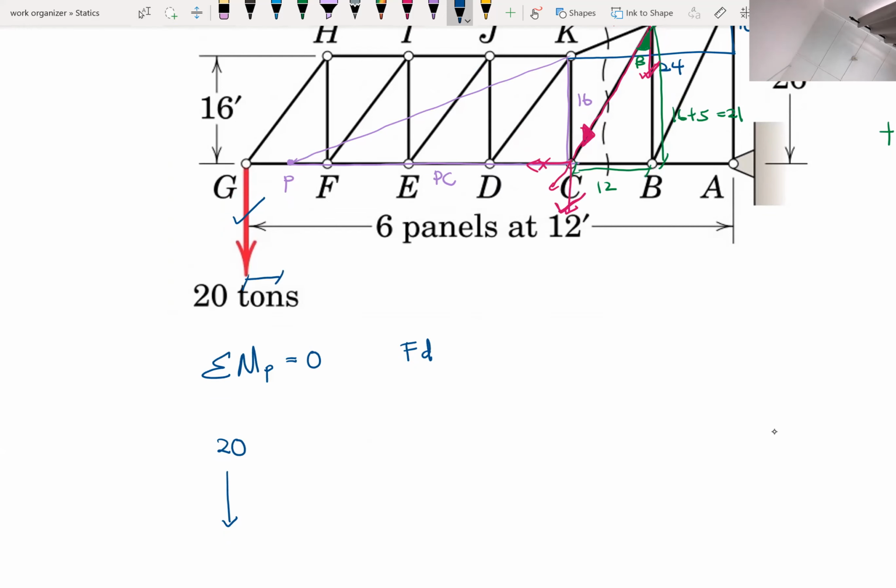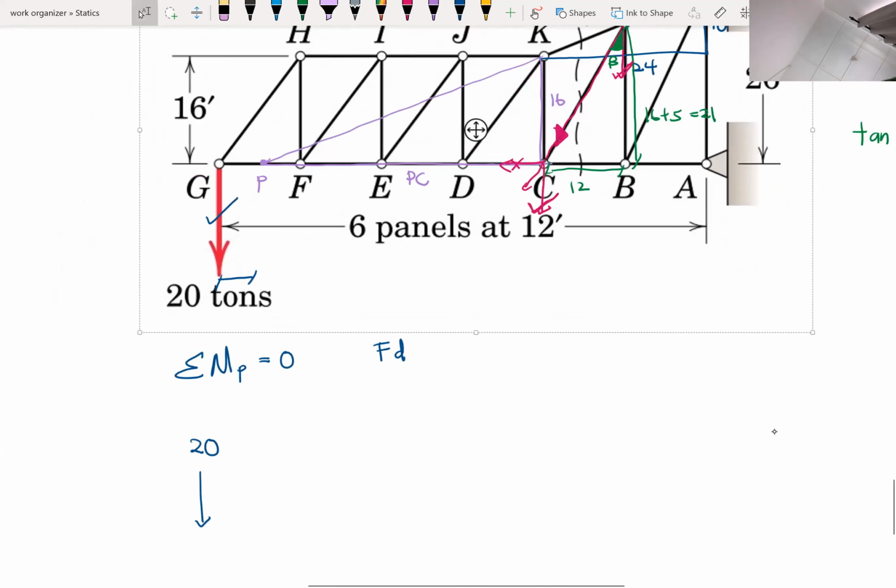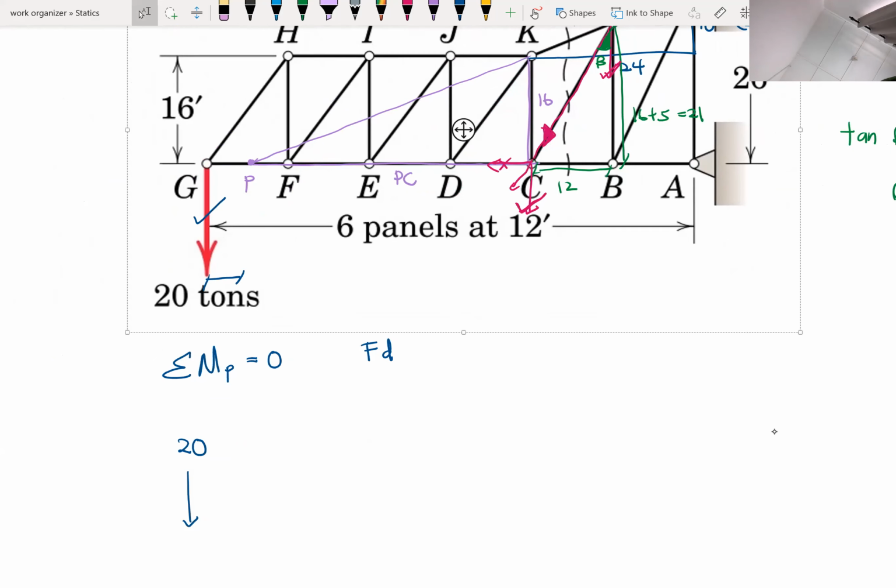We don't know the distance. What we know is this one, so PC we know. PC is how much? 38.4, right? So 38.4. The whole distance is,